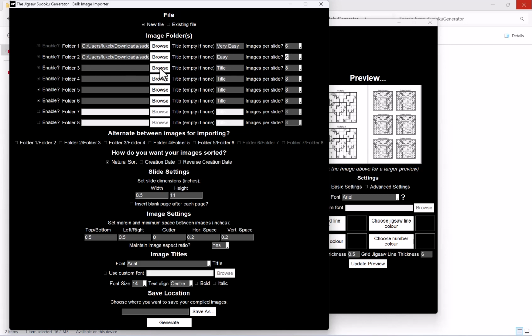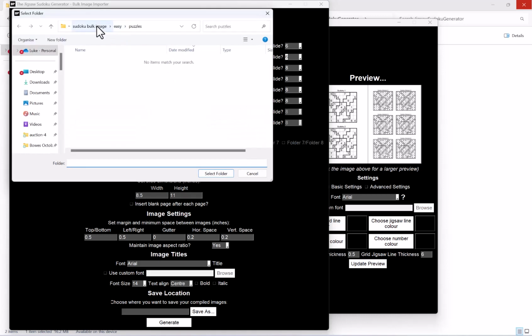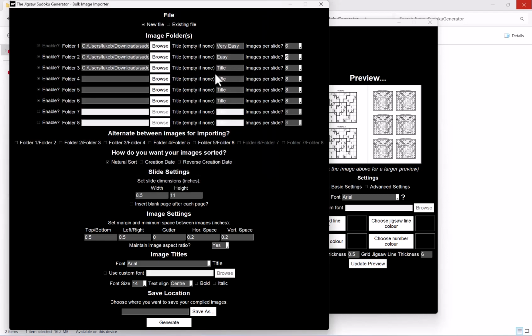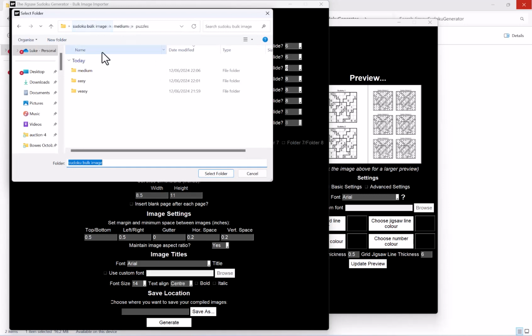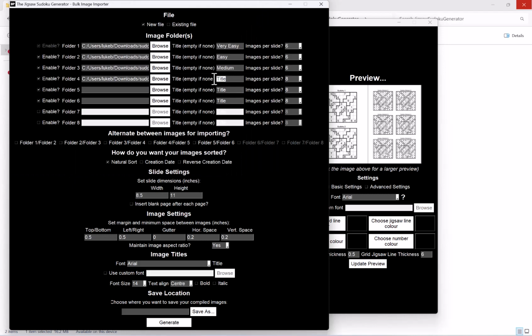And then for my third folder, I'm going to have my medium and then my puzzles, and then put medium. So then, as you might have already guessed, for my next 3 folders, what I'm going to do is the same as well, have my solutions. So I'm going to have my very easy solutions. So very easy solution,